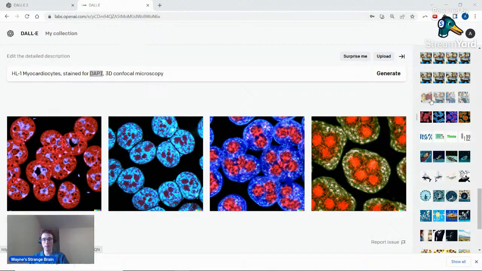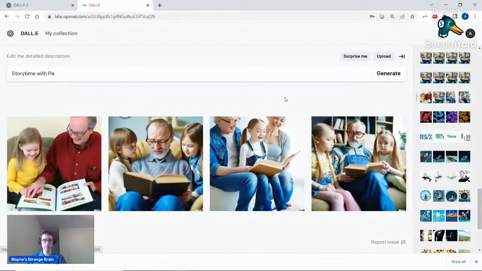and those are the ones that are advertised to you because they're good and because they're already famous. So it's able to make cells, but it doesn't actually know what HL1 myocardiocytes are, despite them potentially being available if you just Google them or in a scientific journal somewhere. I don't think they did too much science journal stuff.